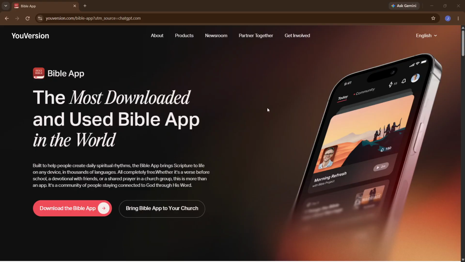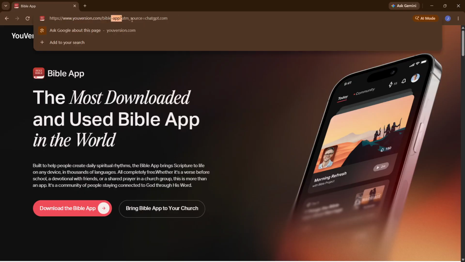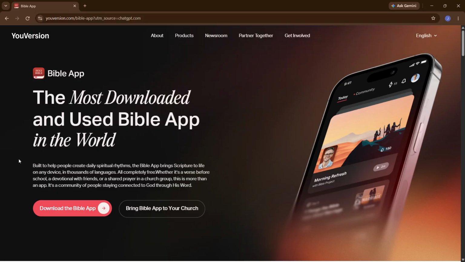First, open your web browser. Any modern browser works fine, such as Chrome, Edge, or Firefox. Take a second to maximize the window so the layout matches what you see on screen in this tutorial.